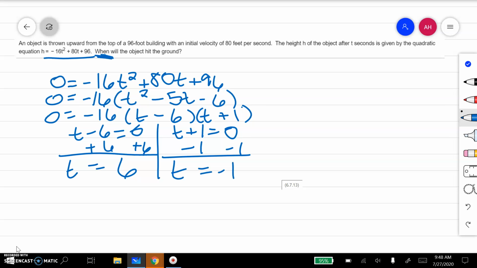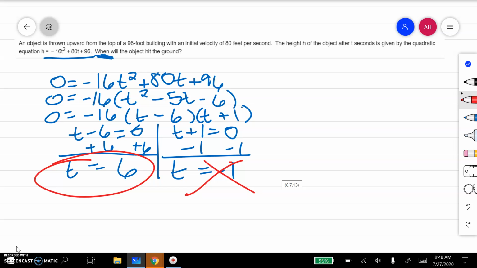Okay, now we're talking about the time it took for that object, when you throw it off the building, to hit the ground. It doesn't make sense that it would take negative 1 seconds to hit the ground. Okay, that makes no sense. Time is not going to be negative. So that means that it takes 6 seconds for that object to hit the ground when it's thrown off of